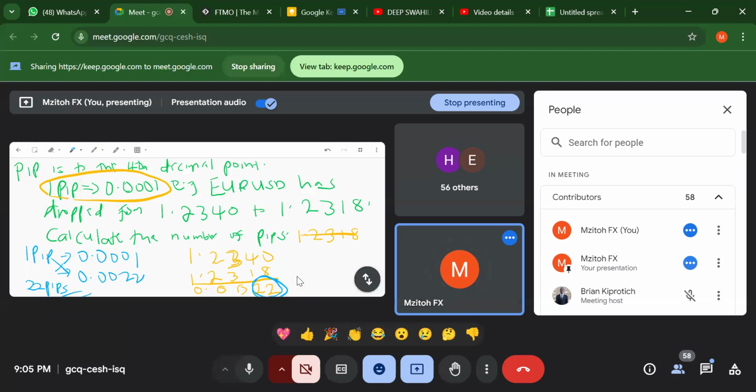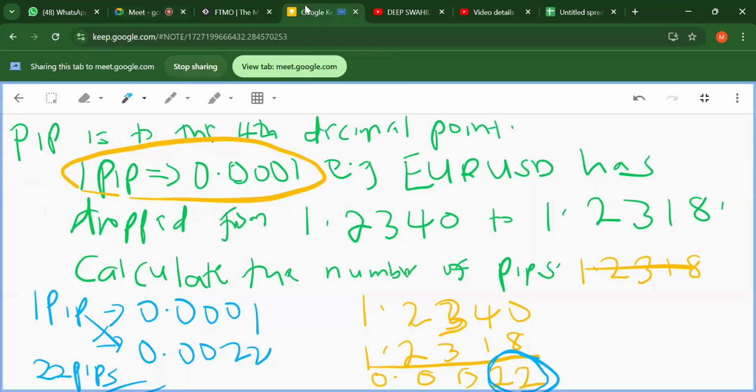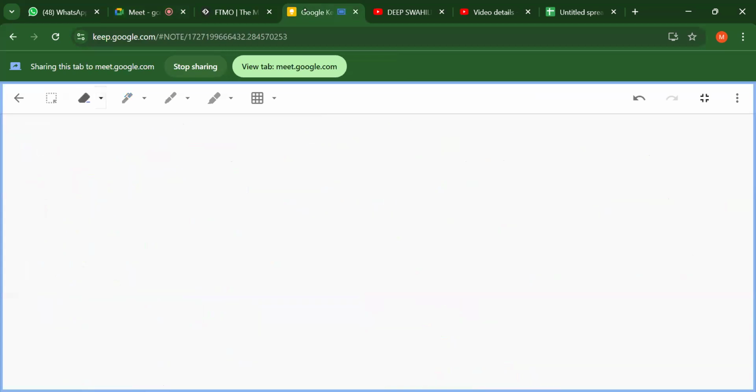Let me give one more example to see. You can just be saying that you have understood and yet you haven't. So let's say you have entered the market here. This is your entry point. It is Euro USD. You have entered a buy here. You are expecting the market to go up. You have entered at